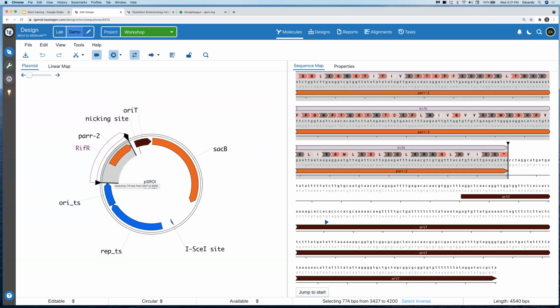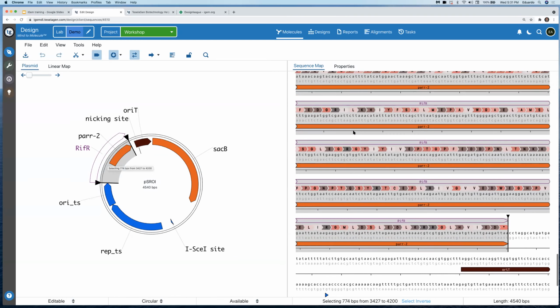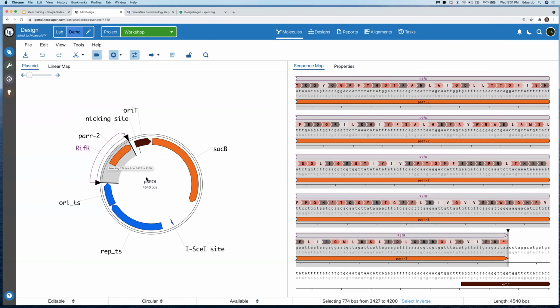So the part is here highlighted on the top left. The corresponding sequence is highlighted, and associated with each DNA part, there is also typically a longer sequence where the part is being sourced from. So there is a larger plasmid where this part is coming from that is also shown